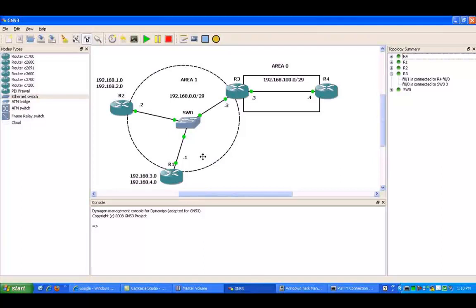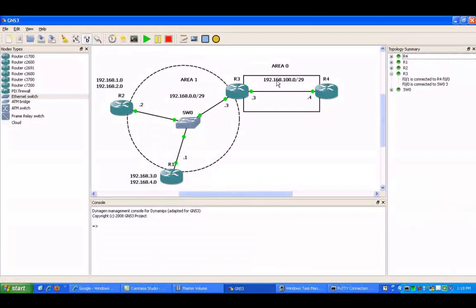So all the routers in your area report to the BDR and the DR, and in turn the DR and BDR send updates out to all of your routers within the area. So that's with Ethernet networks. We will not see that in frame relay and other network types unless we